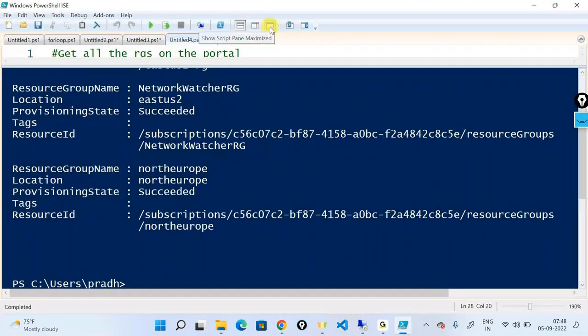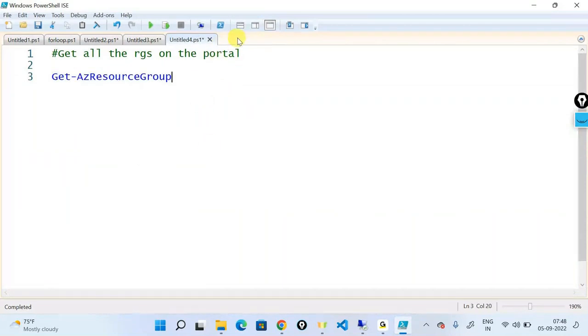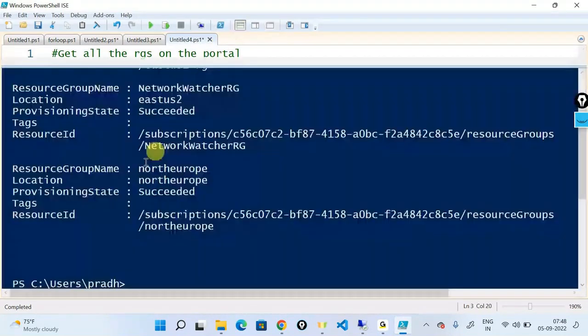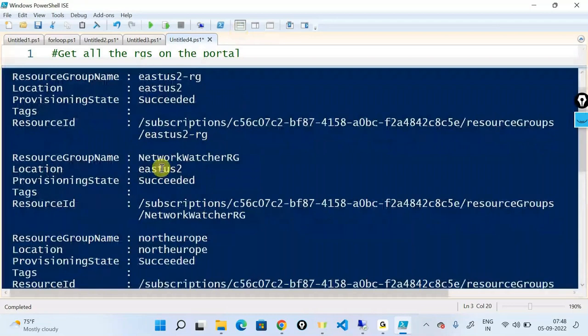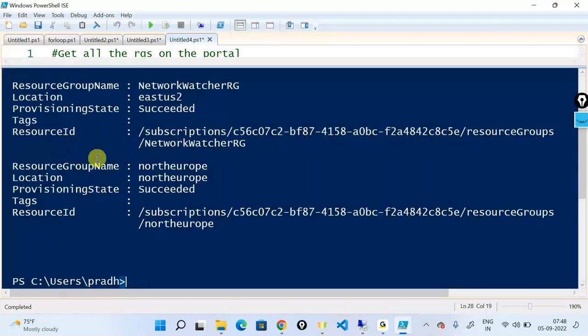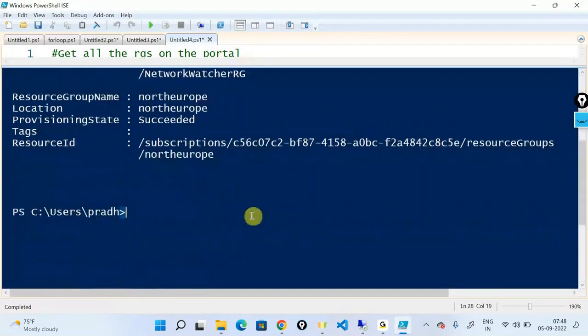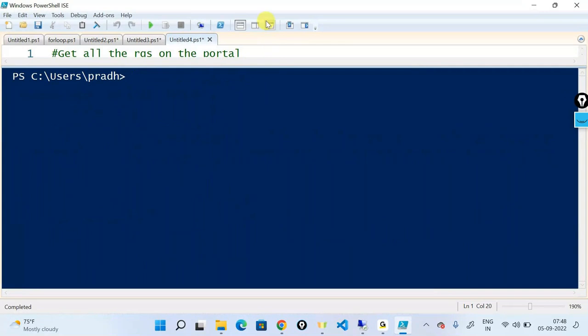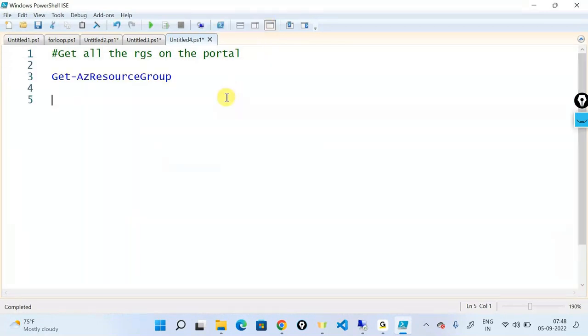This is to get a particular resource group or to get all the resource groups that are there on the Azure portal. And in return, it's returning me all these objects telling me what the resource group name is and all these things. Now, if I want to create my own resource groups, let's say I'll run cls to clear the screen. This is to get, and if I want to create,